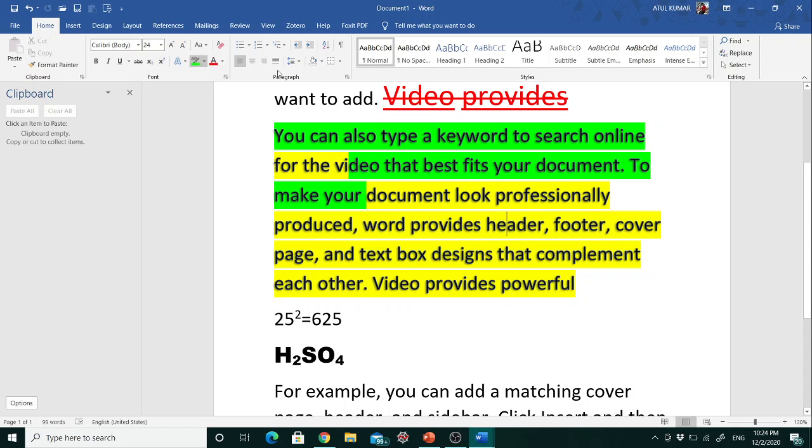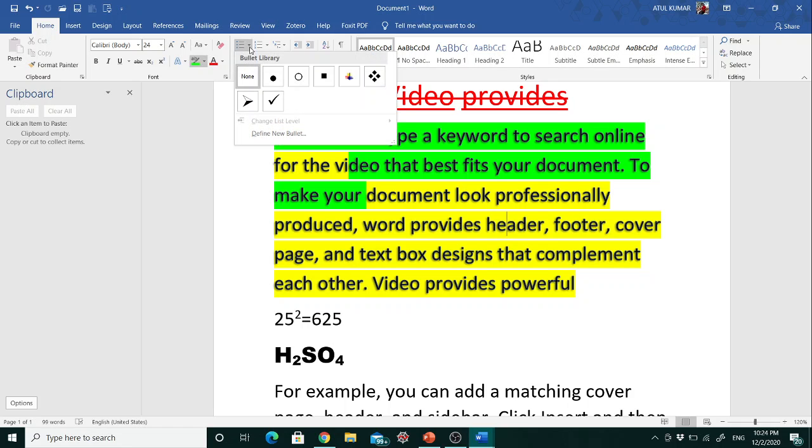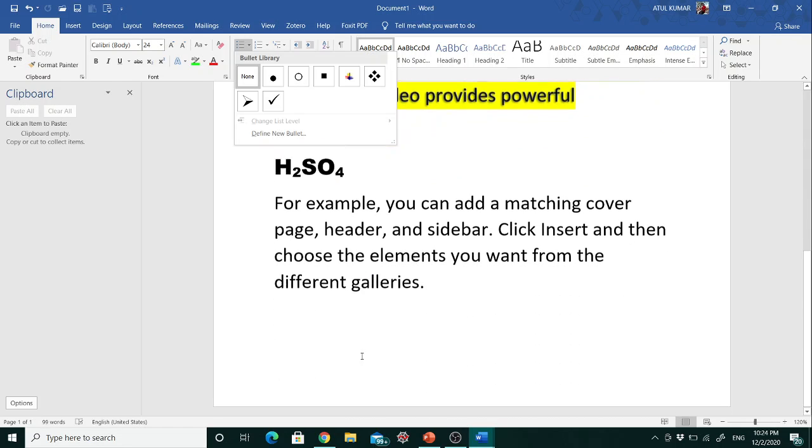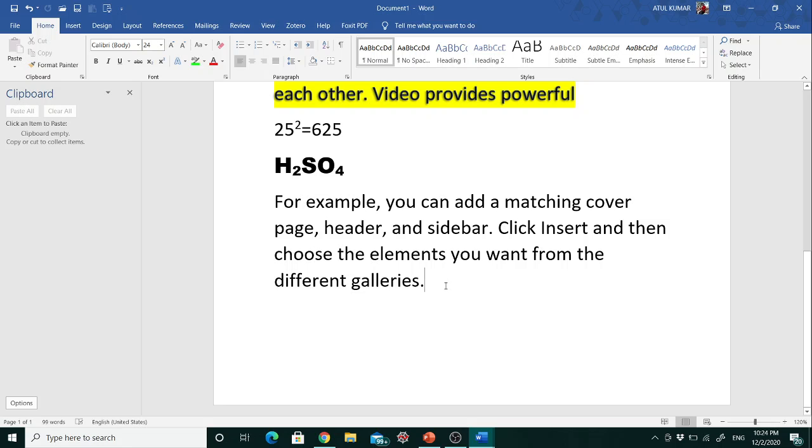The next group is the paragraph group, and in the paragraph group we have different kinds of bullets. These bullets are very important if you are listing some items in your document.